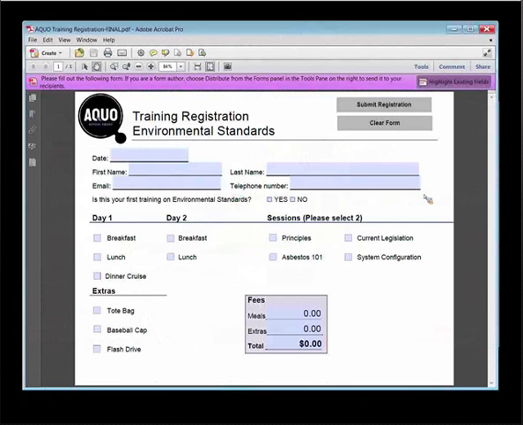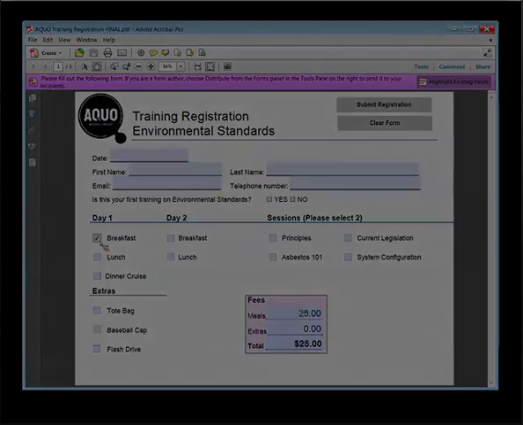Okay, it's a one-page form we're going to make. We're going to add a couple of buttons by hand because I want to show you how to do that. We're going to make it fillable. And we'll do some of the calculations, but we won't do the whole thing together because we don't have